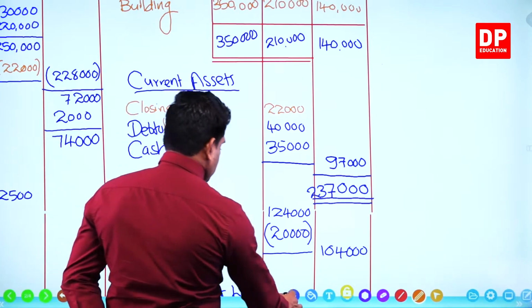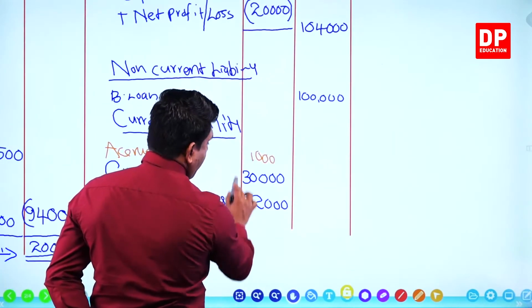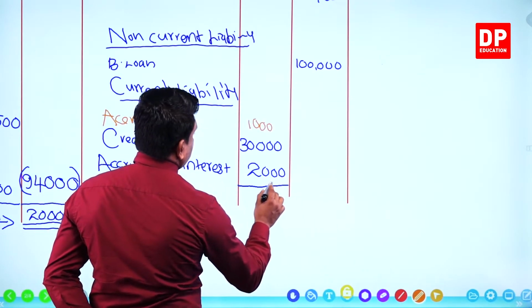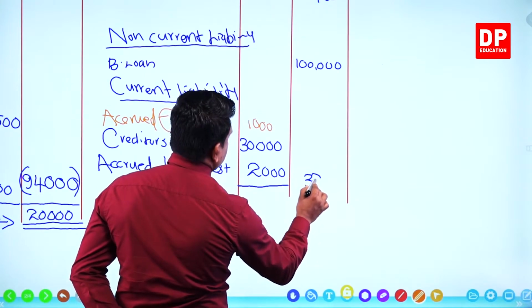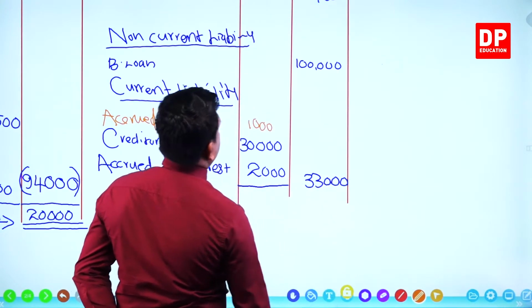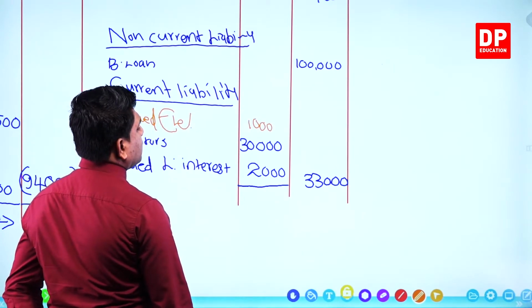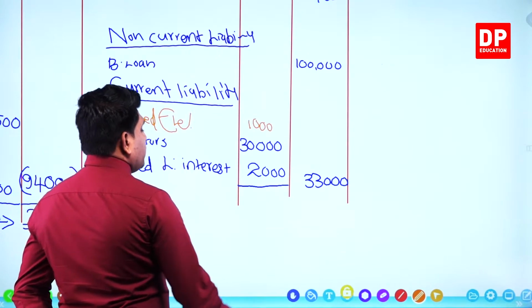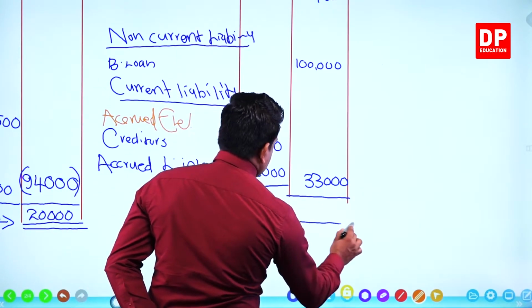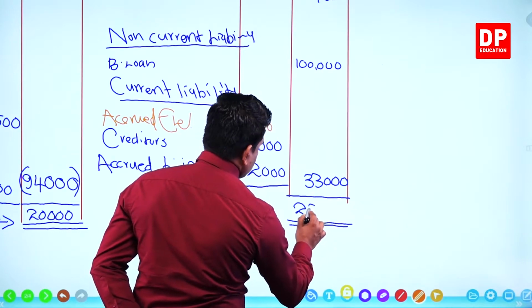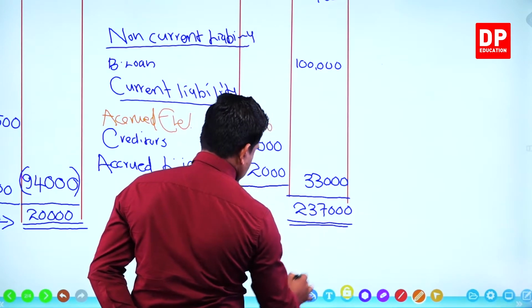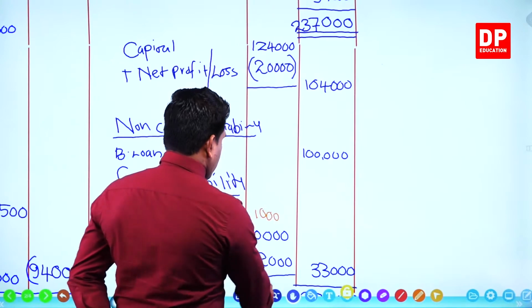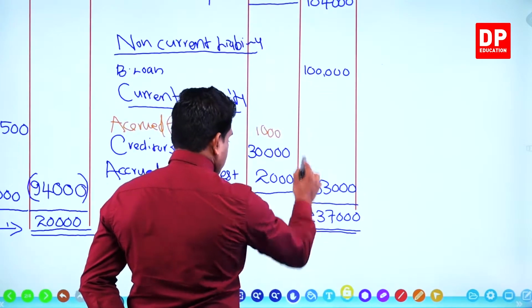Right? Now we go to the lower area, 104. Here 30, 3,000, 33,000. Above you can see 104 and 100,000, 204,000. 204,000 plus 33,000, 237,000. Check whether both are correct or wrong. Yeah, above also you get the same value, 237,000. Down also you get the same value, 237,000.